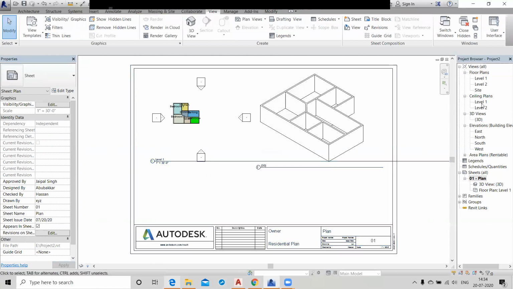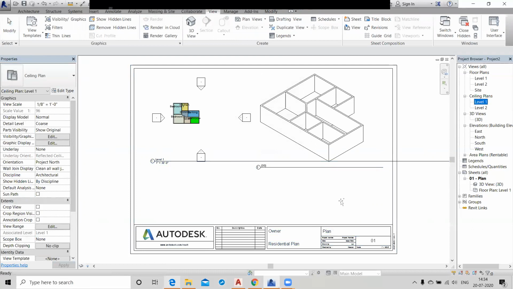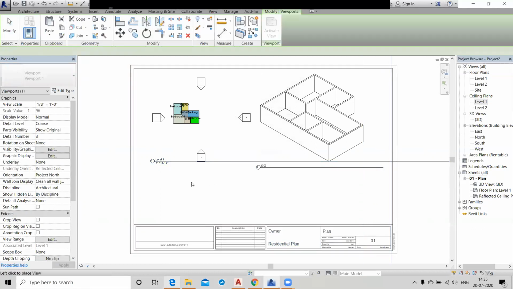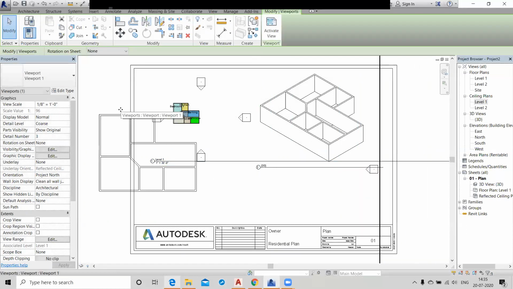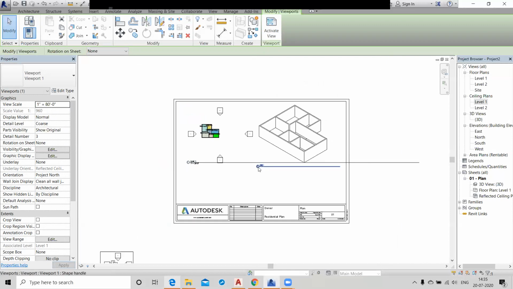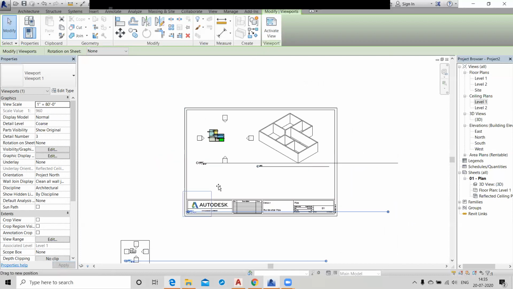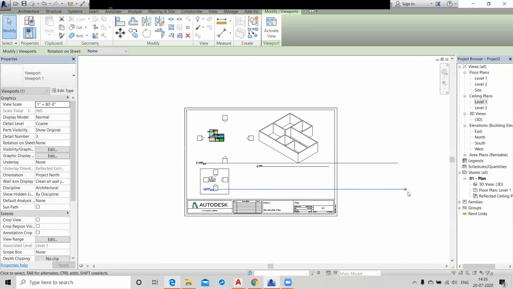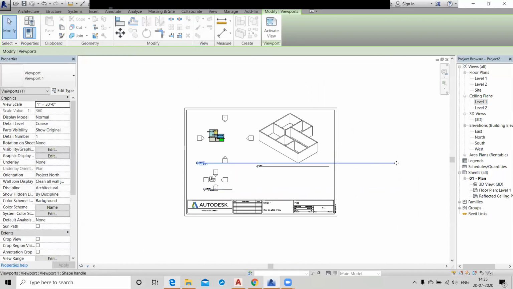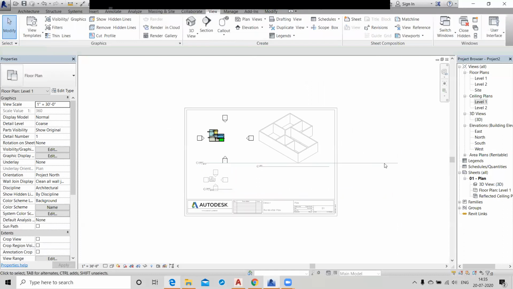If you want to insert your ceiling plan, you can drag and change the view from here. This one. So this is your view, and paste it here. So, sir, can I delete the directions?